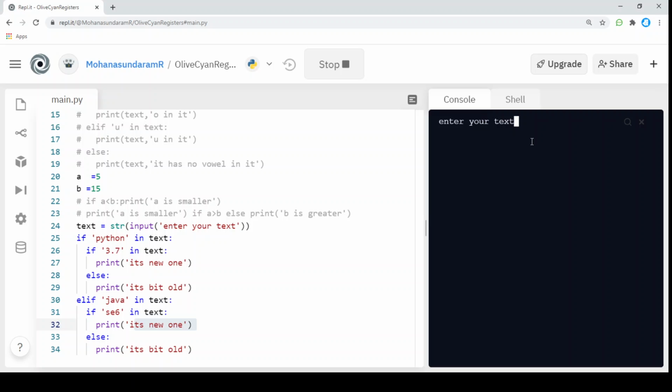I'm going to run it, and I'm going to type Python 3.7. You see, it's Python, it's a new one. Once again I'm running it with Python 3.7.